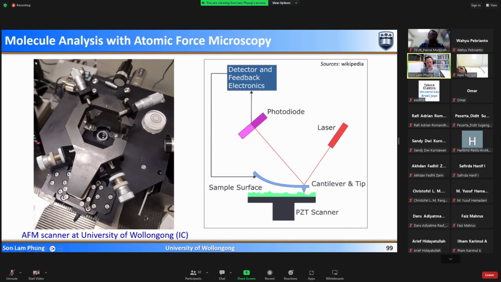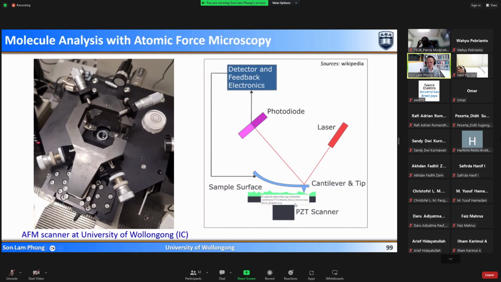So here is a photo of the atomic force microscopy scanner at the University of Wollongong, and it is produced by a Japanese company, and it costs about 300,000 Australian dollars. The idea of this atomic force microscopy is shown on the right hand side. Suppose that we have a very small molecule that we want to obtain an image of. Then we put it on a sample surface, and the sample surface is put on a scanner, and this scanner has a robotic platform allowing it to move under this